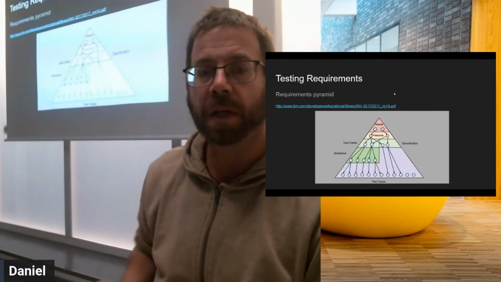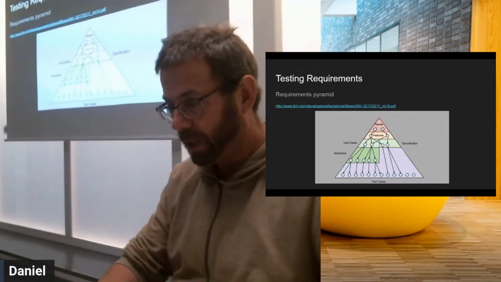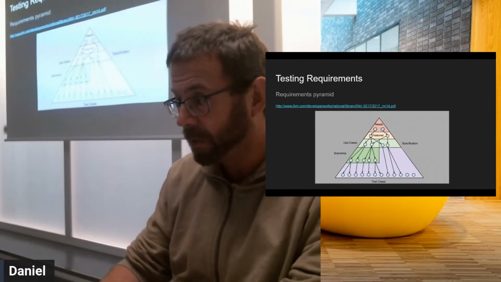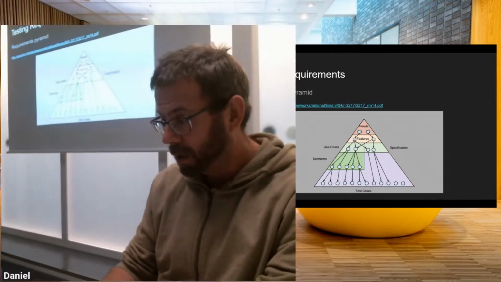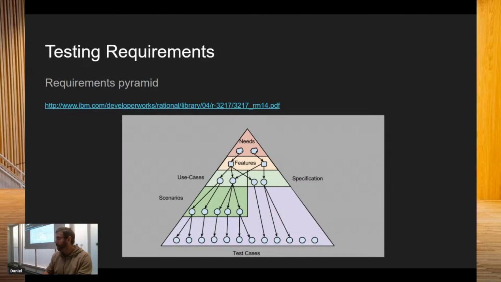So you remember the requirements pyramid, and I'm going to make it a bit larger. And the requirement pyramid starts at the top with the needs and goals of the different stakeholders of the application. So we have something fuzzy, or a need, and it's a cloud because it's fuzzy, because it's not well specified, right? But it could be